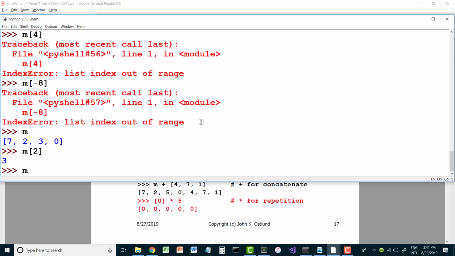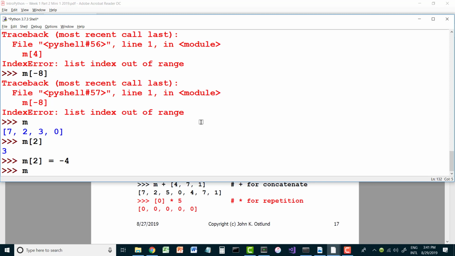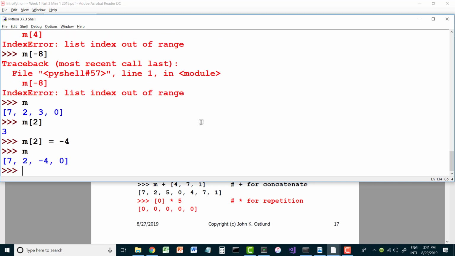I can also say M sub 2 gets, let's say -4, to change the value in the sub 2 slot. Okay, so there I have changed one of the items in the list. I have therefore obviously modified the list, and because that didn't yell at me, I know that, okay, yeah, a list is mutable after all. And in fact, I can